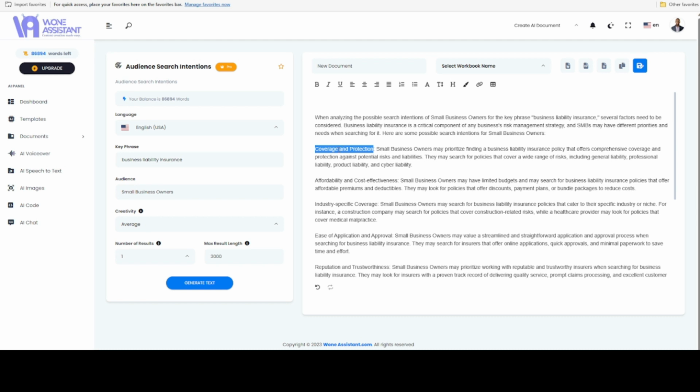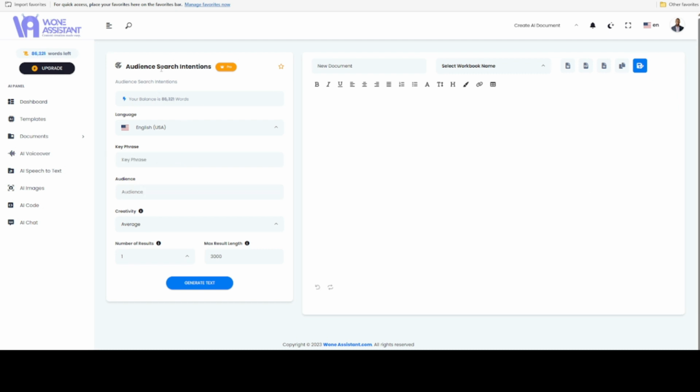So I will pick on this search intention of this audience searching for this key phrase, and I want to break it out so that I'm able to write multiple pieces of content on this one single audience, and each piece of content will be distinctively different. So you can save this as well and come back into your Woneassistant area